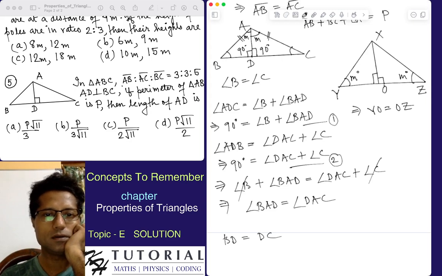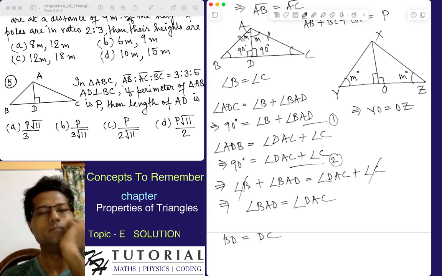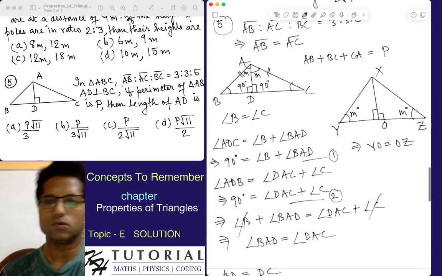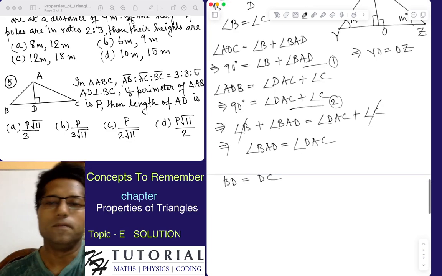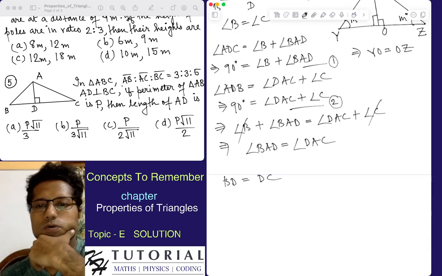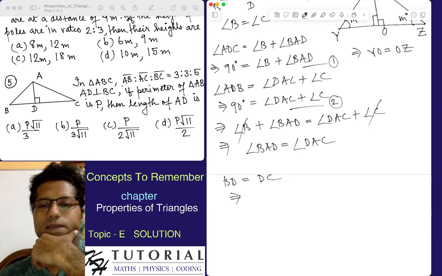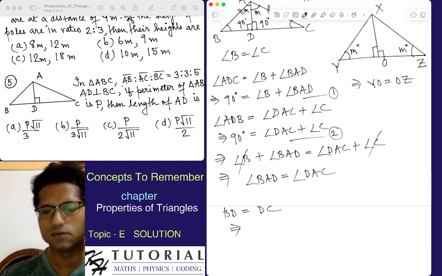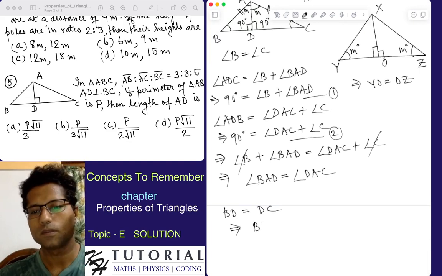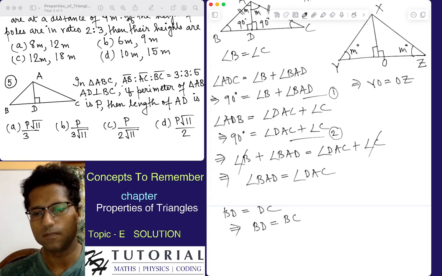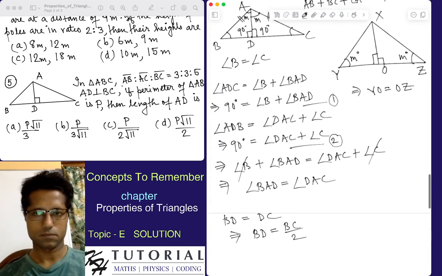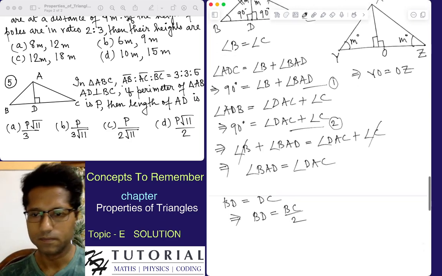Now we have to find the length of AD. Now BD is equal to DC. Since BD is equal to DC, and BD plus DC is equal to BC, this will imply BD will be equal to BC by 2. We will apply the Pythagoras theorem in the triangle ABD. We do not know AB, so let's say